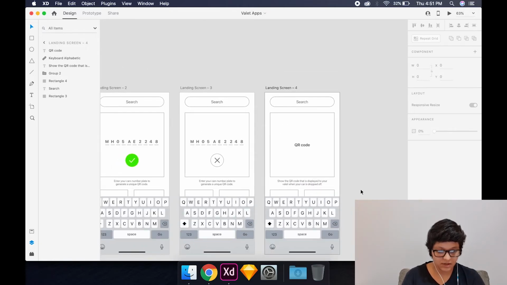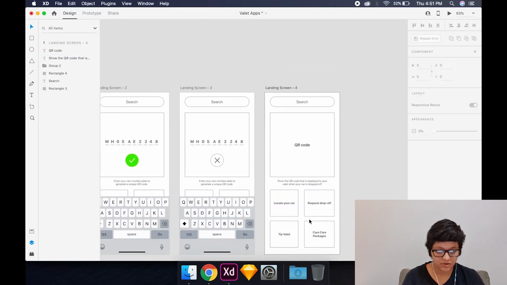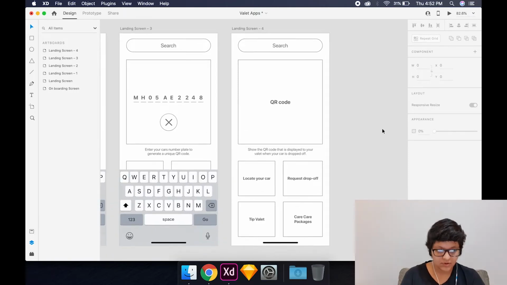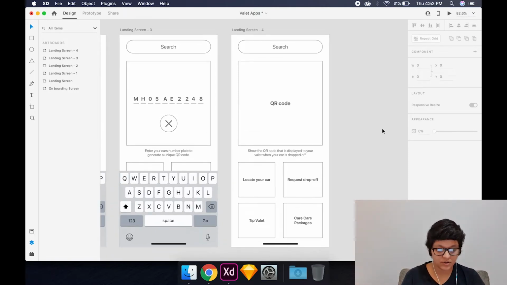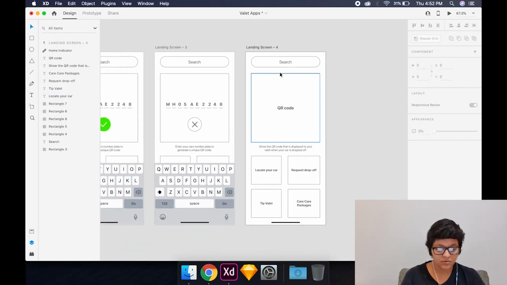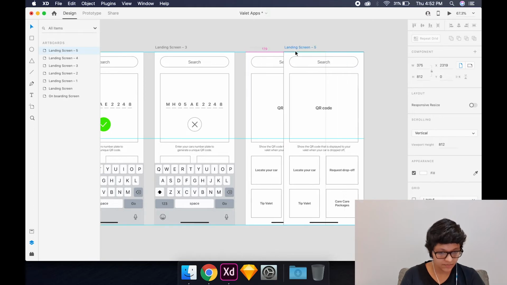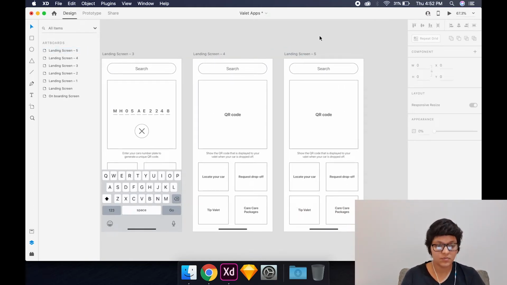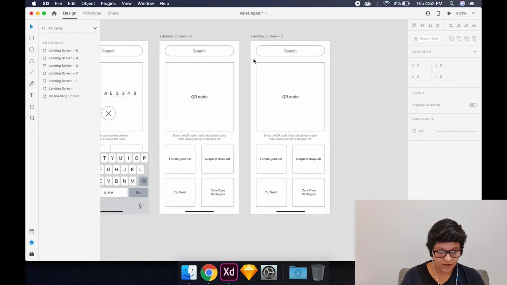Okay, that looks great. We can delete the keyboard from the screen because it has disappeared now that he's pressed go. So we can move to the next feature now, which is the locate your car feature, and what I'm going to do is drag out the screen here. Since I mentioned earlier that I wanted it to be a very intuitive kind of remote controlled app, I'm going to make it pop up right on top of this page, like a dialog box.